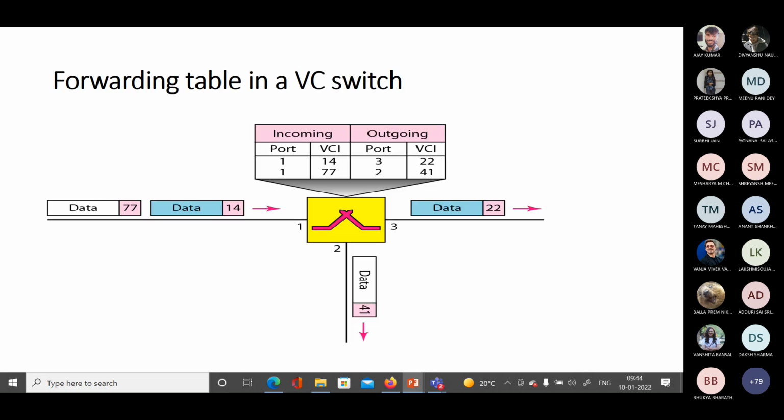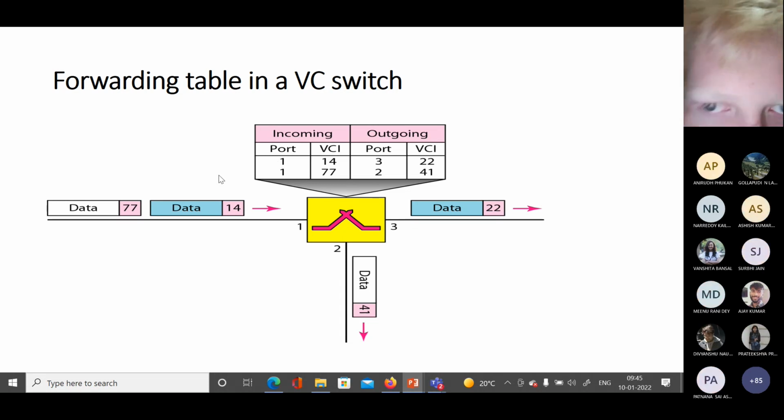Now let's see what the forwarding table in a VC switch looks like. We have data packets with different VCIs incoming over link 1 of this particular switch. It has two other links, link 2 and link 3, and this is the forwarding table. At port 1 we have two packets arriving with identifiers 14 and 77.